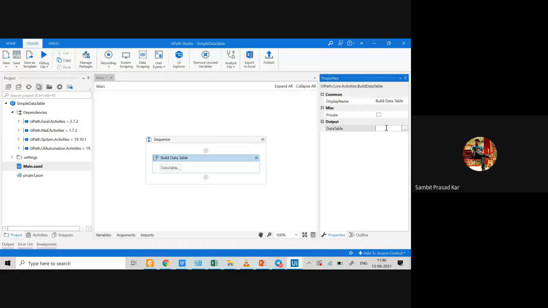Now what you need, you have to store the data table. Okay. So that's the problem. Don't use tab, use mouse click.